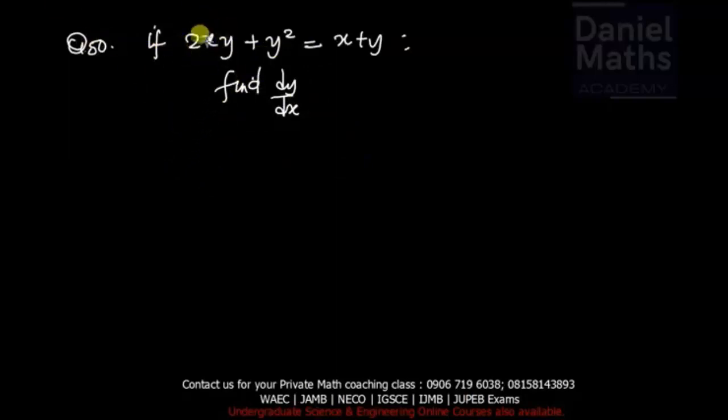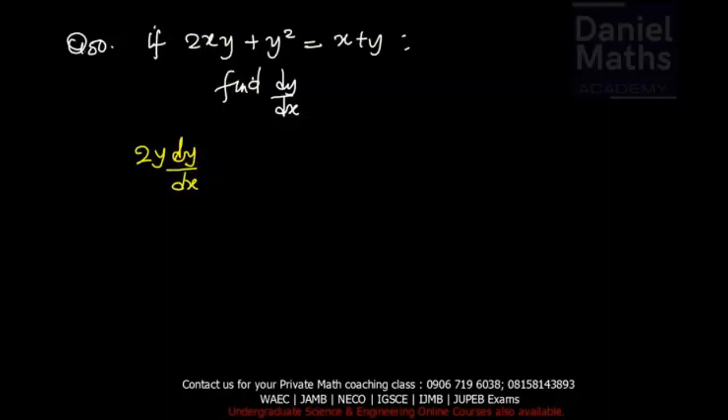If I differentiate this, this is a product rule. If I differentiate with respect to x here, keeping y constant, the differentiation of 2x is 2, and 2 times y will give me 2y. Let me do that again. This will have 2y into dy/dx. And then if I differentiate with respect to y, I will have, take note please,